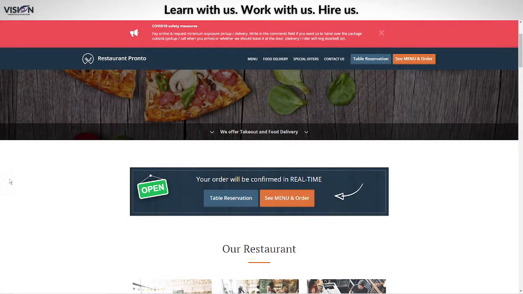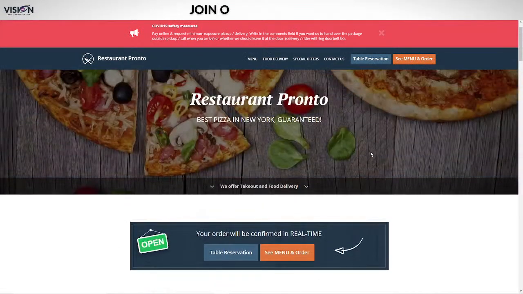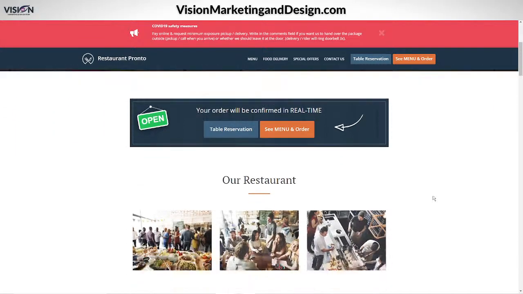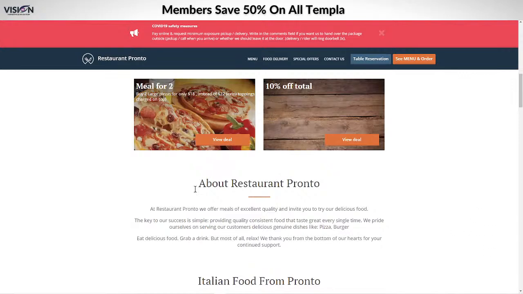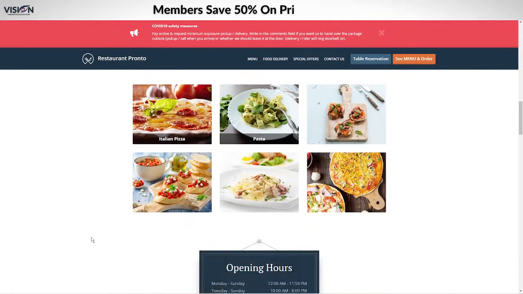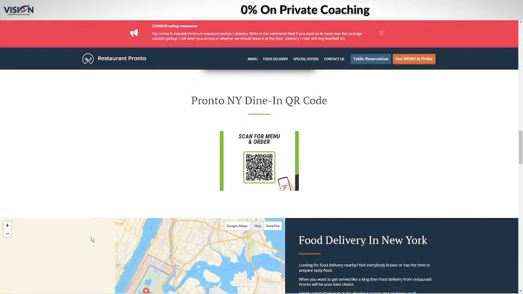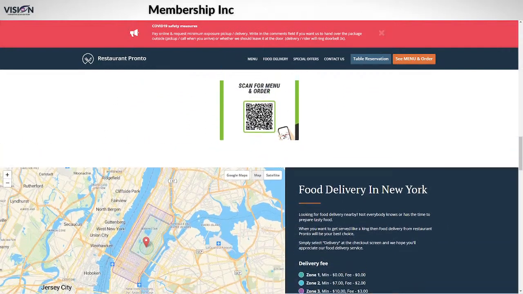Okay, so what we're going to do is actually just create a simple landing page. We want to create this as simple as possible. I don't really think that we need all of those pages, and really I don't like the design of this. I think that there's a much better way that we can present this in a professional way with all the same information. So let's go ahead and go into it, but first, before we do that,